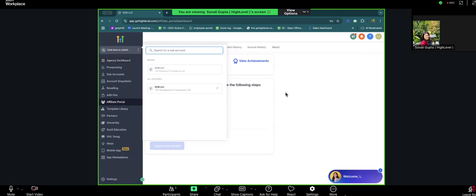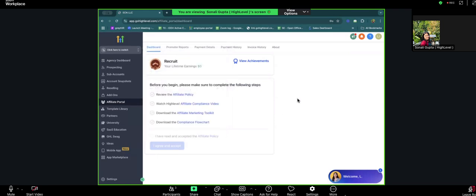Exactly, so there is a win-win situation here. You can charge whatever for the services you're offering inside the sub-account. But if they want their own agency, you will have your own affiliate link, you give them the link, and they create the account, and you receive 40% recurring commission from GoHighLevel.